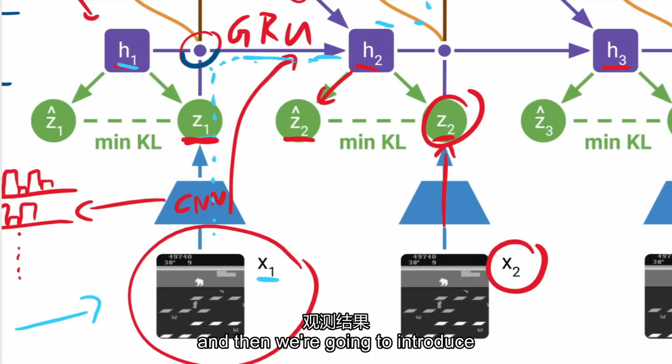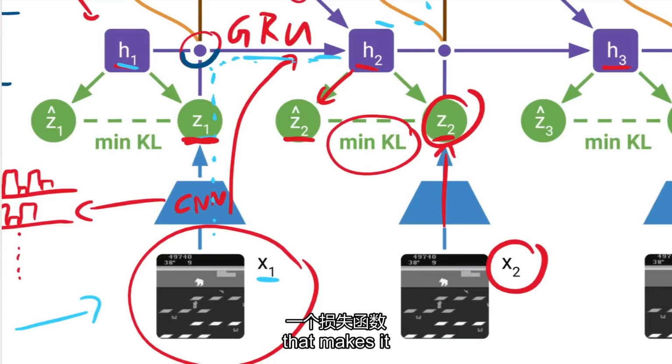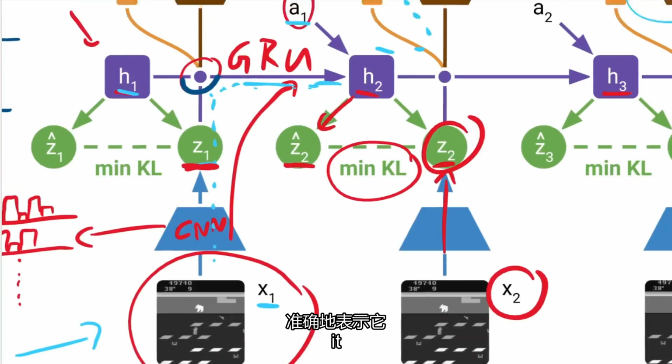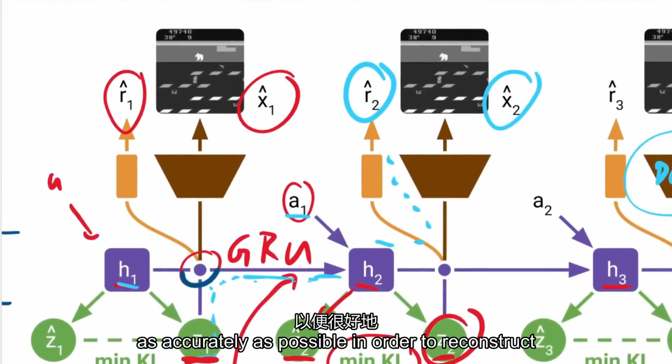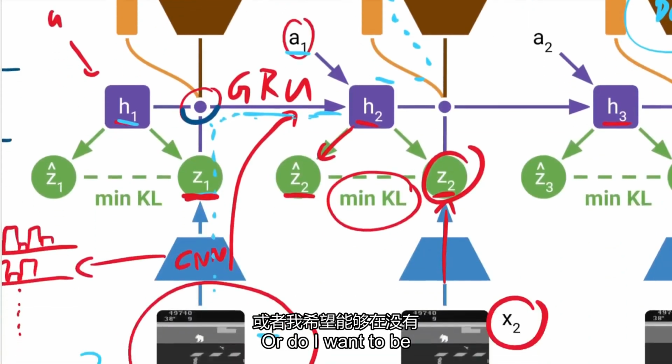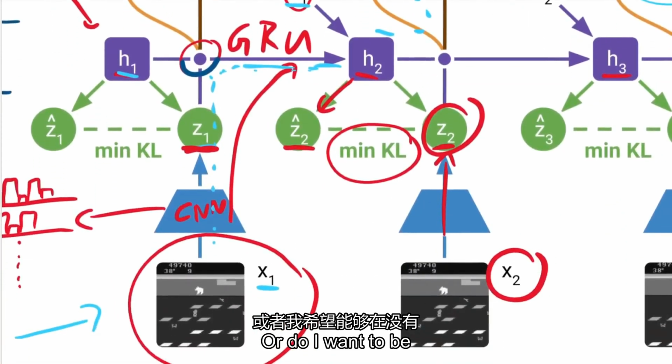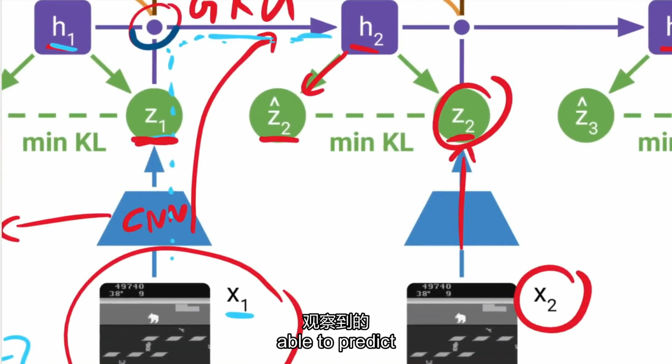And then we're going to introduce a loss function that makes it such that these two are going to be very close together. So the agent now has to do a trade-off, and the trade-off is, do I want to get the best information out of my observation? Do I want to represent it as accurately as possible in order to reconstruct it really well and in order to predict the reward really well? Or do I want to be able to predict this thing without seeing the observation, which means that I have